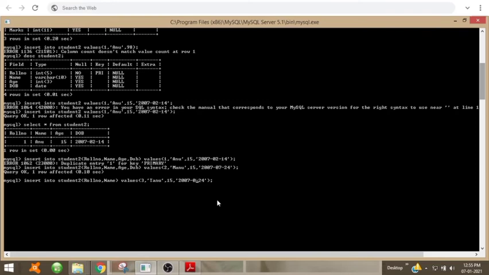Since I have specified only 2 columns, the values for only these 2 columns are needed; we don't need to specify the other two. You can see the query is executed correctly.